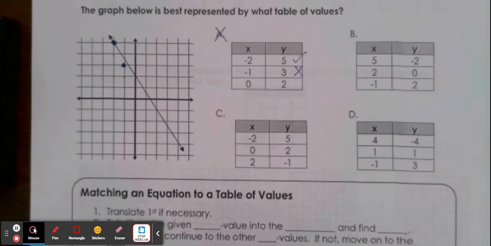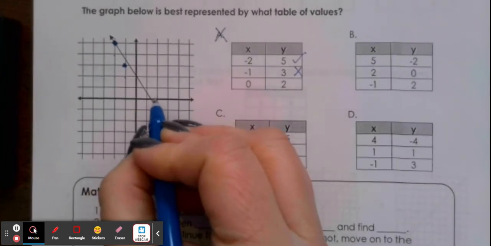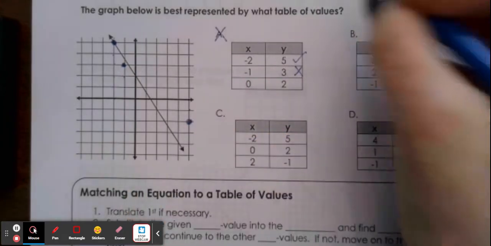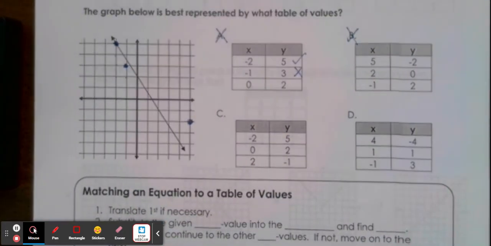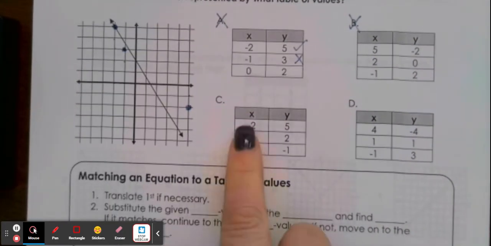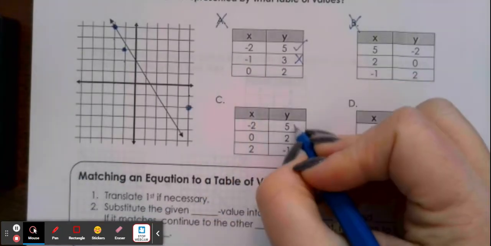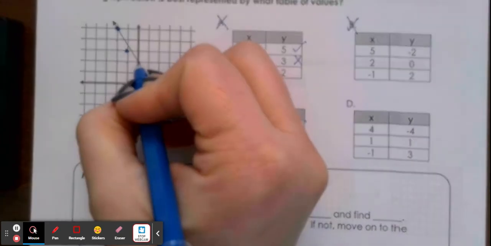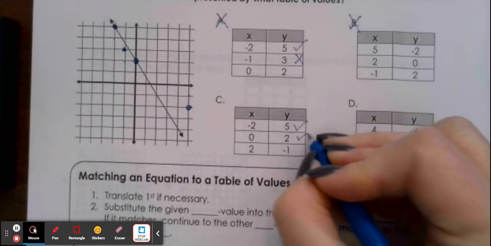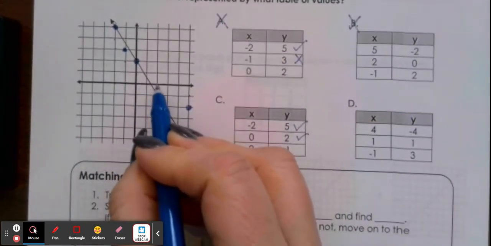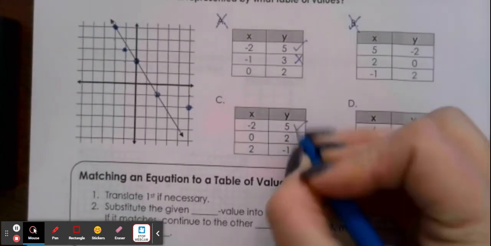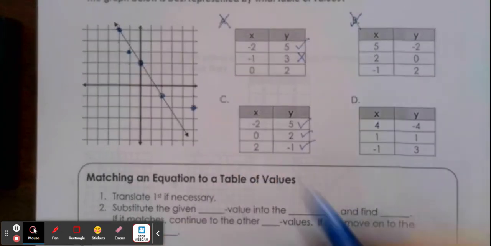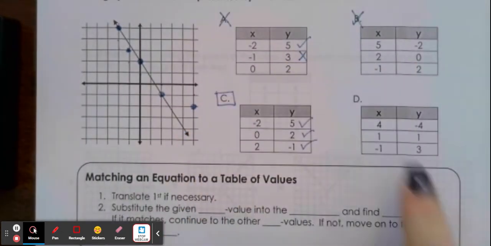Let's look at B. I'm going to start here, 1, 2, 3, 4, 5, and go down 1, 2. B does not work. Alrighty, let's look at C. I already know -2, 5 works. Let's look at 0, 2. So 0, 1, 2. That works. Now let's look at 2, 1, 2, -1. This works. I know that all these points work, so I know this is my answer, but just to kind